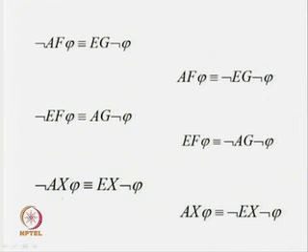And the third one is related to the next operator. So, not of A X phi will be equivalent to E X not of phi. In that case, if you take the negation on both sides, A X phi will be equivalent to not of E X not of phi. So, basically you see that A and F can be replaced by E and G, or E and F can be replaced by A and G. So, E will be replaced by A and F will be replaced by G. This is what we have seen till now.